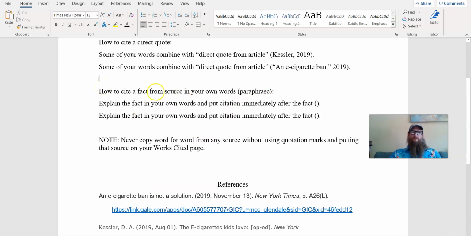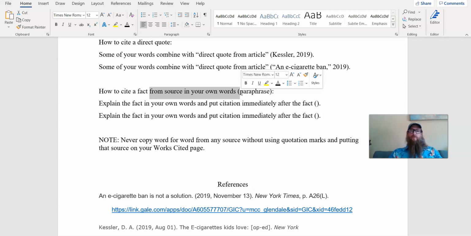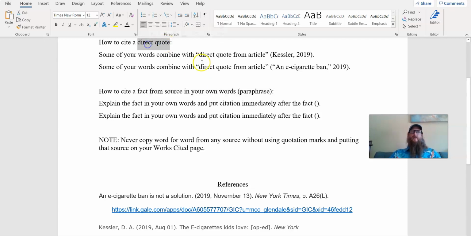Now let's talk briefly about paraphrase. Remember, paraphrase is if you are explaining a source in your own words, if you're just using their facts, but you're using all of your own words to explain the source. That's paraphrase. If you're looking at the source and you're copying any of the words, that's not paraphrase. That's a direct quote, which is fine, but then you need to put quotation marks on it, right? Just like it says down here, right? But if you know the sources well, as many of you do, and you're writing about them in your own words and just using their facts,